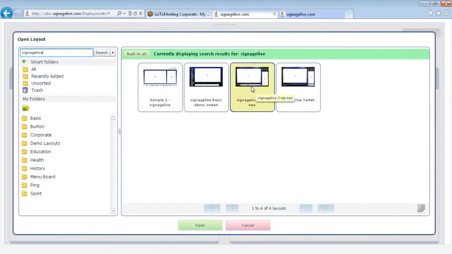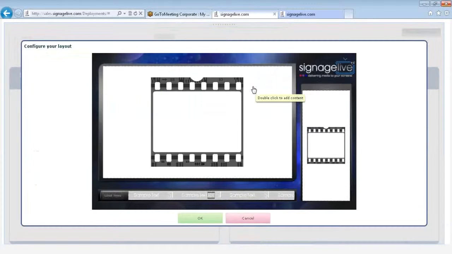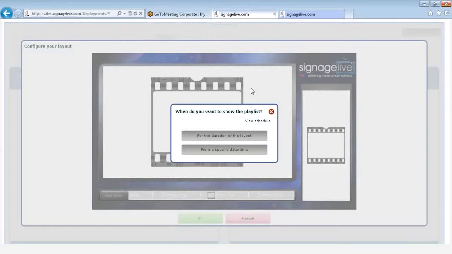And we use the corporate layout, this third thumbnail in. If I double click into that, what we now have on the screen is our layout, and we just need to put our playlists into these film strip areas. So if I double click into this first area, now I'm being asked, when do you want to show your playlist? So I can either have it playing for the duration of the layout or on a specific date and time. So we'll say for the duration of the layout,